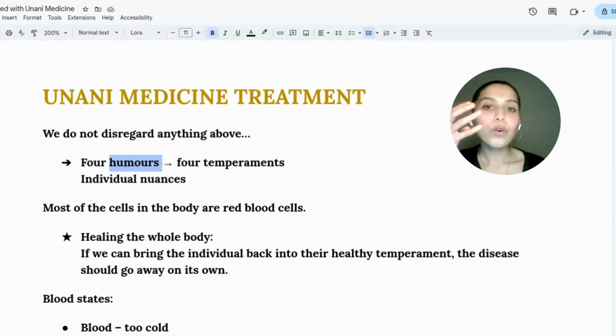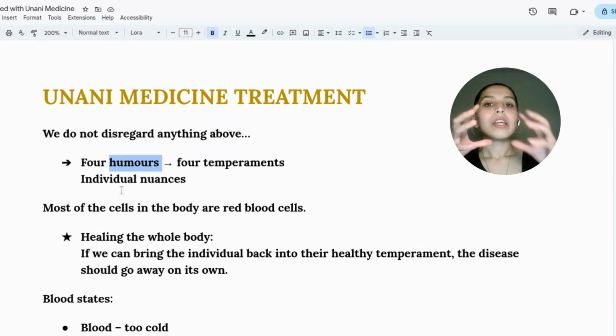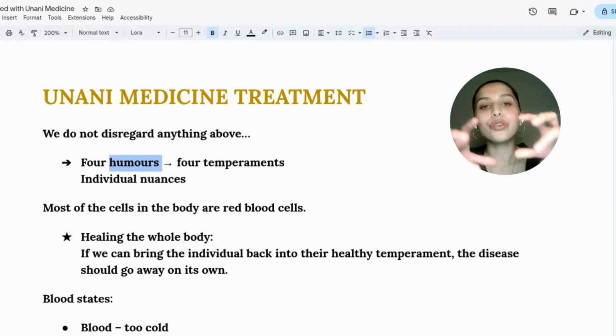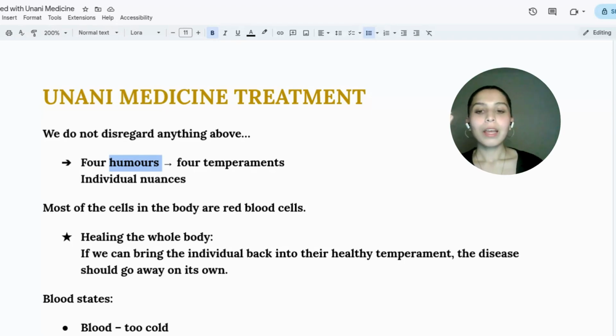So there are four main body fluids, and there is a different ratio of those humors. So, for example, one person might have more body fluid A, then someone might have more of body fluid B in their body. And so, depending on the fluid that they have the most, that's what creates the temperament. Okay, and